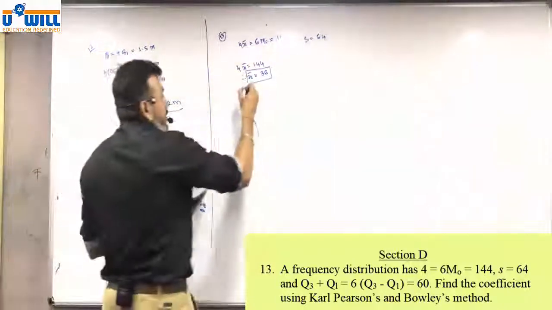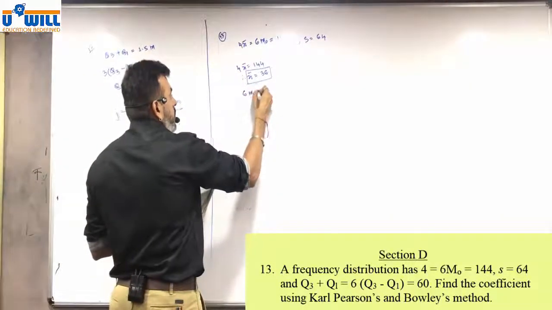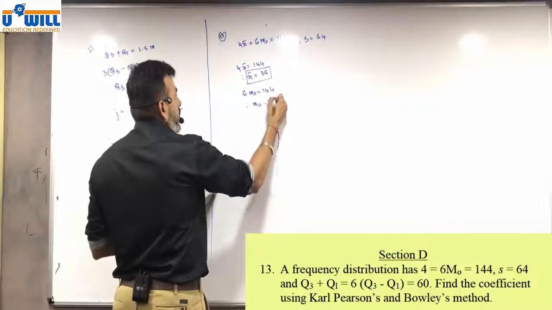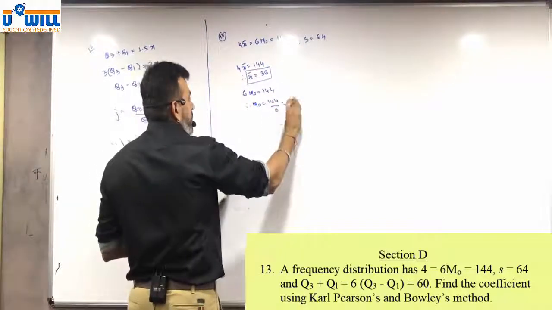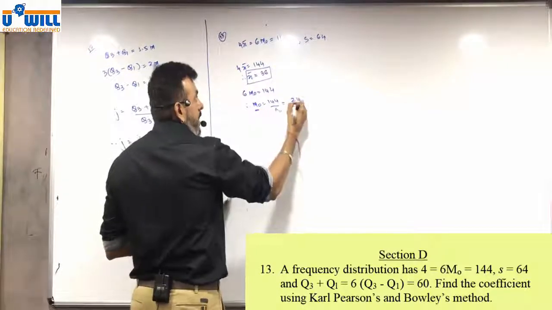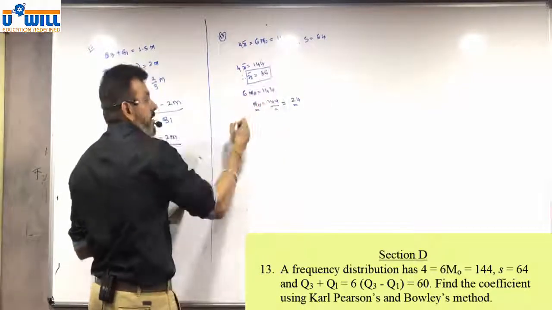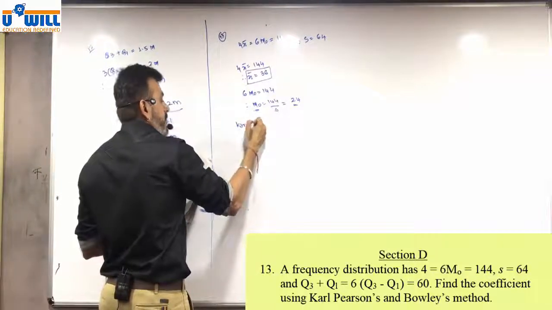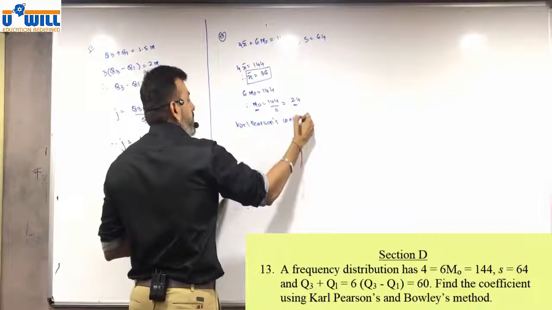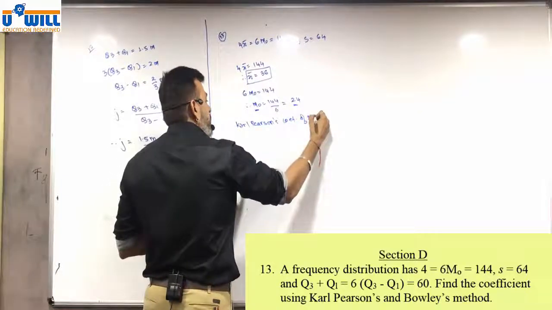Now 6 mode is also equal to 144. Therefore, mode is equal to 144 divided by 6, 24. So mode मिल गया. Standard deviation तो है. So Karl Pearson coefficient of skewness